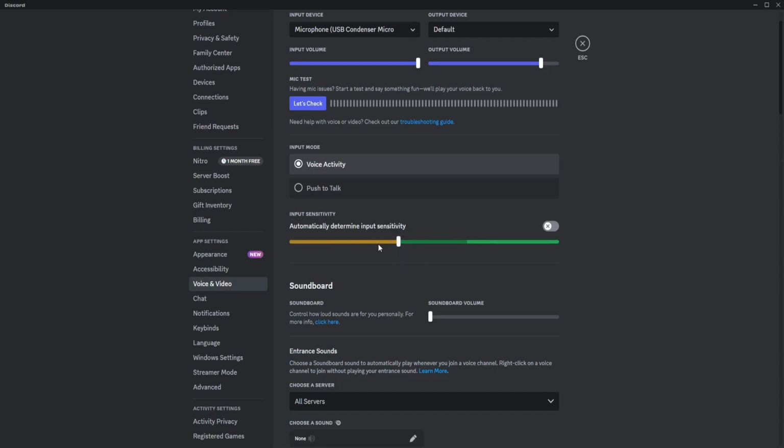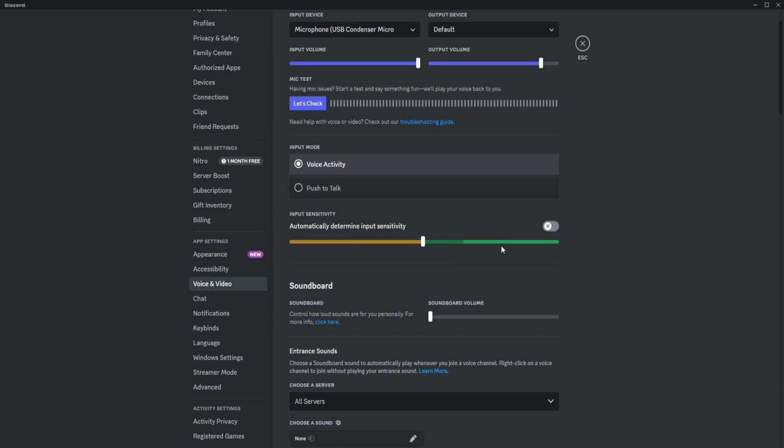So as you can see on the yellow line here, that's where the threshold of the background noise can be heard. So if you move it just a little bit above that background noise like that, so that if you move it just like so, your voice will be perfect, and of course the background noise can be heard, but your voice can be heard, which can be seen here on the green line